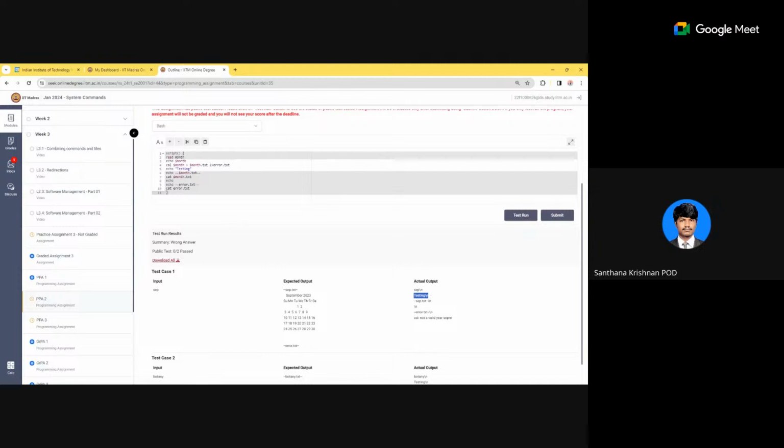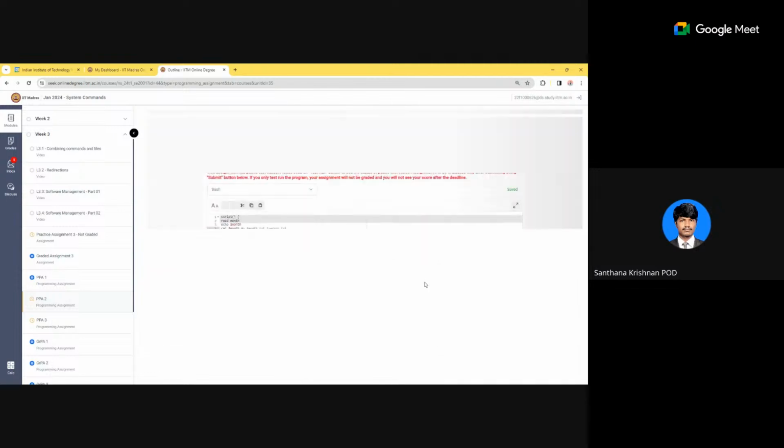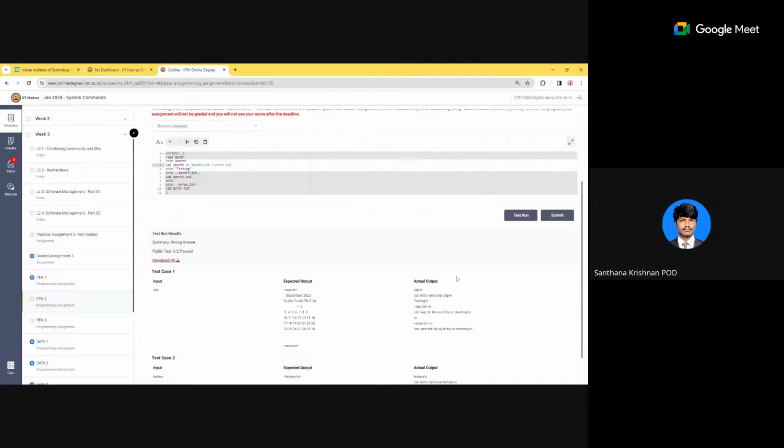Then can you do one thing? Remove the redirection, or you can put a hash symbol before the greater than symbol, so the rest of the things become a command. Can you run it again, so we can look at this? Is the cal command working or not? Okay, not a valid year.